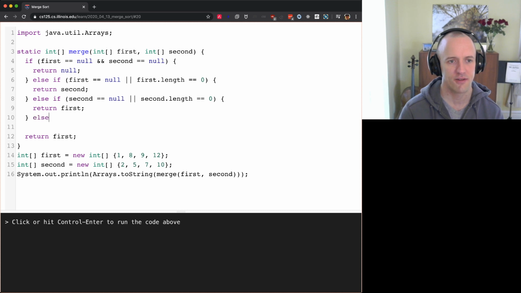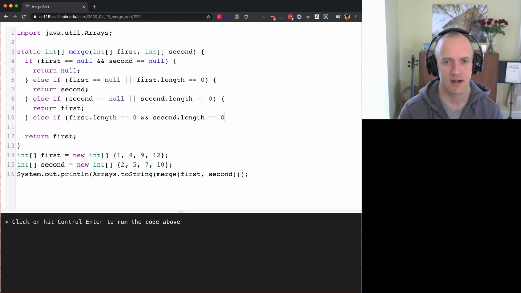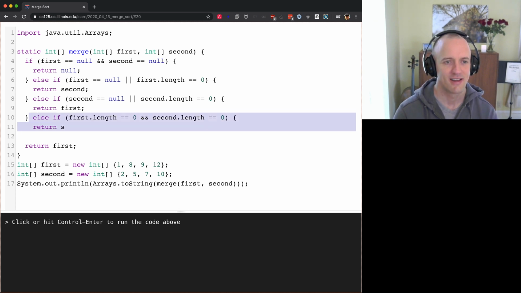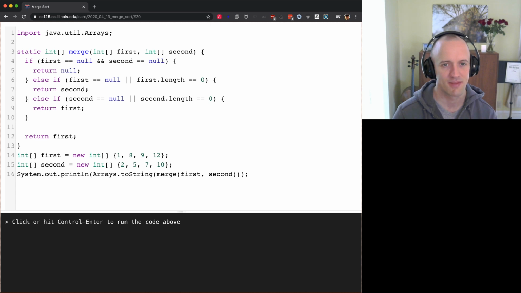We'll say else if first.length is equal to 0 and second.length is equal to 0, I'll return second. Well, you know what? Since we're having fun today, let's make this a little trickier. So what we'll do is we'll say if second.length is less than, nope. No, I can only do this. Okay. So now we'll go down here and we'll say else if